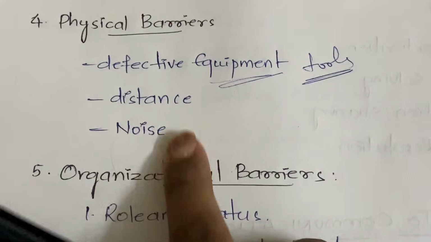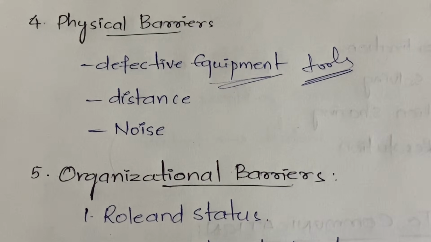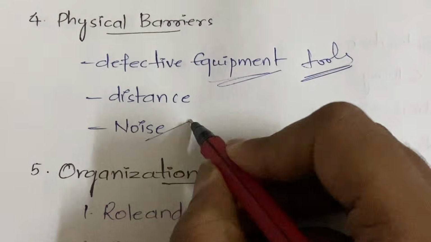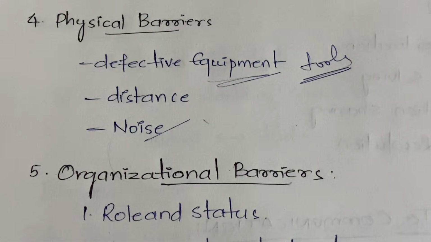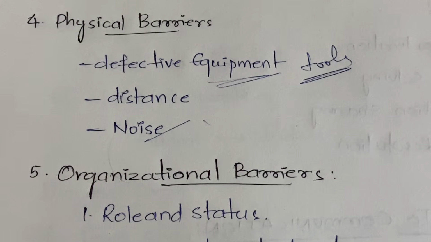Next, distance. Just now I said, if the distance between two people is very huge, then obviously words cannot be transmitted properly. Some words will be audible, some words will not be audible. So distance. Next is noise. Noise means, you know what is noise. If some external noise or some external speaker or DJ is disturbing, then obviously again you cannot hear properly and